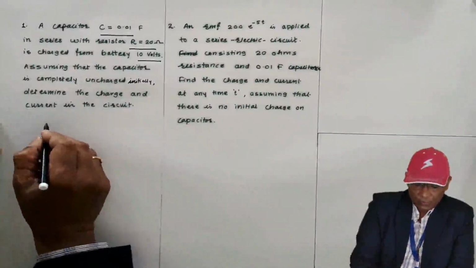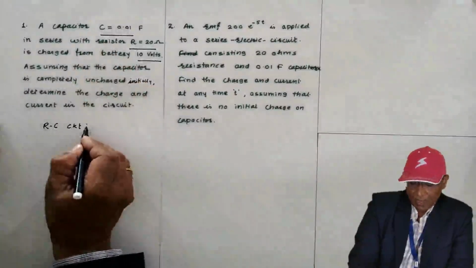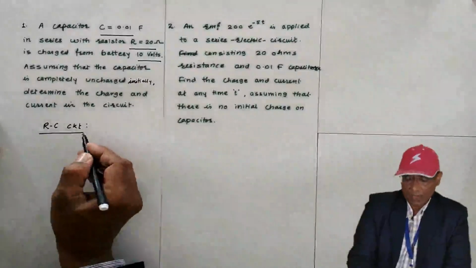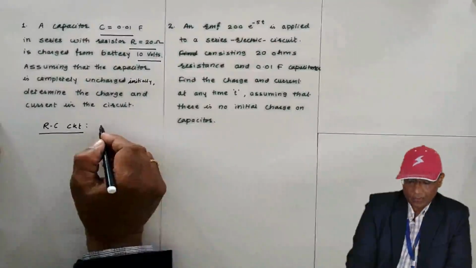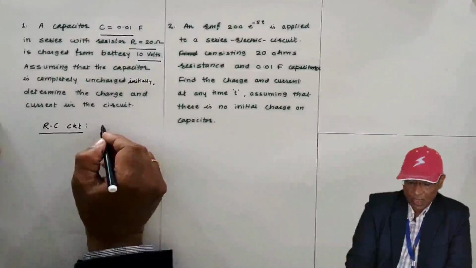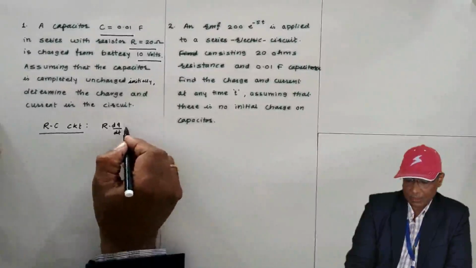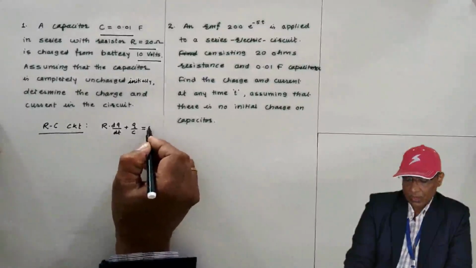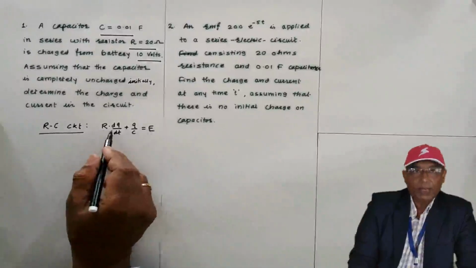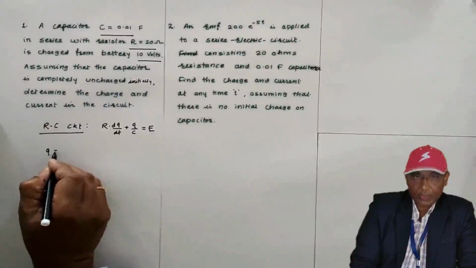First of all, we have to write, this is the RC circuit problem, R and C is there, this RC circuit problem, and what is the differential equation of RC circuit? This differential equation you have to write. Okay, voltage drop across resistance is what? I is dQ by dt. Voltage drop across resistance, voltage drop across capacitance is Q by C, is equal to total voltage drop, total EMF. Now divide by R,